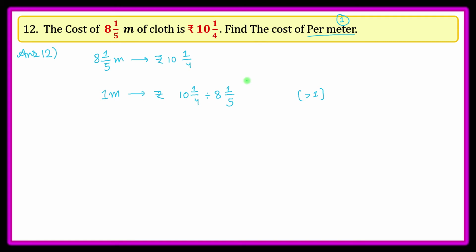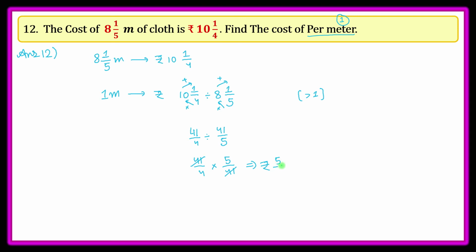Before simplifying it, we are going to just convert them into improper fractions. So 4 into 10, first of all we are going to multiply, then we are going to add. Same thing for the second fraction, multiply denominator with whole number, then add the result with numerator. 4 into 10 is 40, 40 plus 1 is 41, 41 upon 4 divided by 5 into 8 is 40 plus 1 is 41 upon 5. Simple. Now as this is division, I am going to convert this division into multiplication and take the reciprocal of the second fraction. So the answer would be 5 upon 41. Cancelling 41 at the numerator and denominator, we will have the answer to be rupees 5 upon 4.